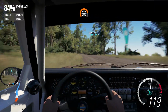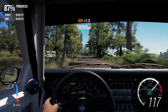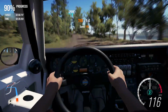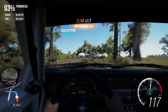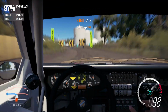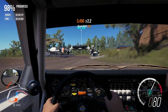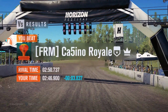Things get a little bit scary, a bit narrow through this section. Very, very bumpy. I have to have a little bit of a lift just to settle the car through there as we launch our way through the air once more in the Quattro. And again, for good measure, just a couple of corners to go now as we cross over a tarmac road up towards the finish line with the Audi. Put foot down towards that finish line. That looks like it is going to be a